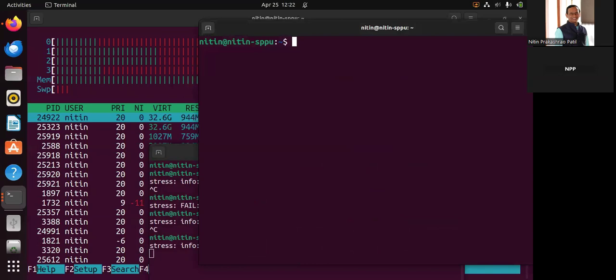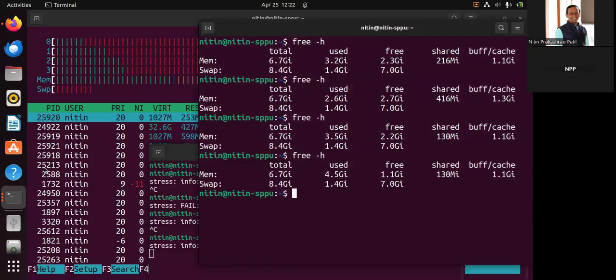So let me write free -h. Now you can see the earlier one and this one. Let us check the changes. Now you can see swap came into the picture in the background. Here, swap is working. In this picture, at least, you can see it with respect to this particular option. So what we experienced here: